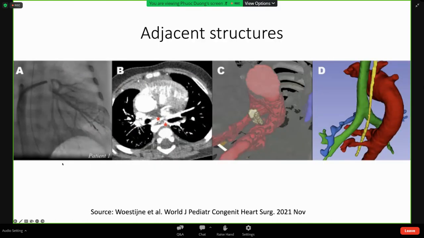Another nice thing about CT versus catheterization is this. If the patient is just taken to the cath lab without further imaging, you can delineate the MAPCAs very nicely. But what is missing from this is that these are purely two-dimensional images flattened out into a plane, whereas with the CT you can see the relationship of the two MAPCAs very nicely. As we know, they're all coming out from the right side of the aortic arch, but what is missing from this picture here is